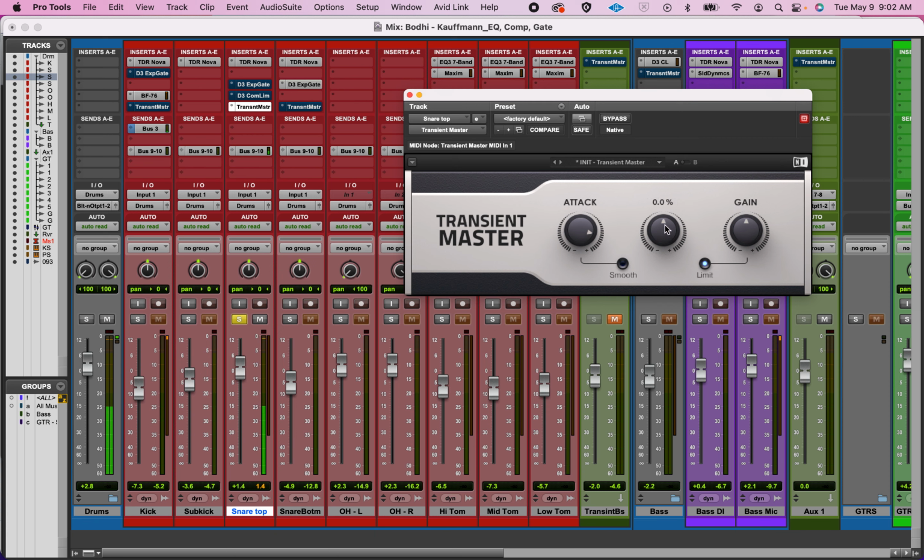Okay, well, let's talk about that for a second. I turned off the gate, so I have all this bleed. I'm going to lower the sustain, specifically to create a punchy and shorter snare drum, but we are also, by doing that, going to get